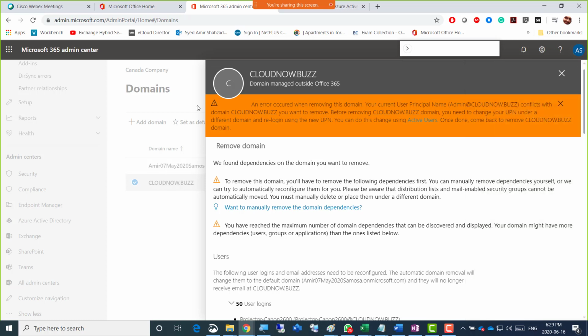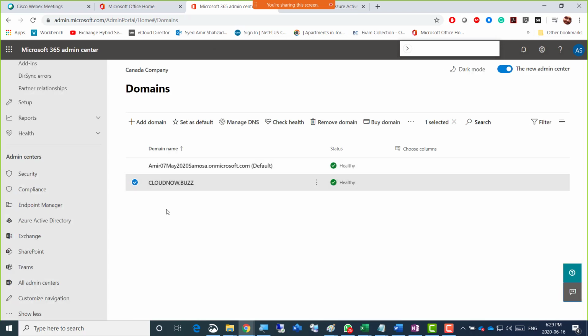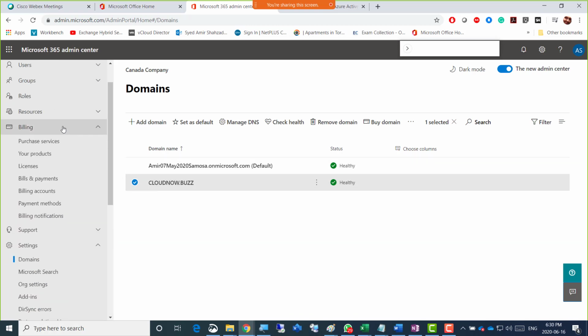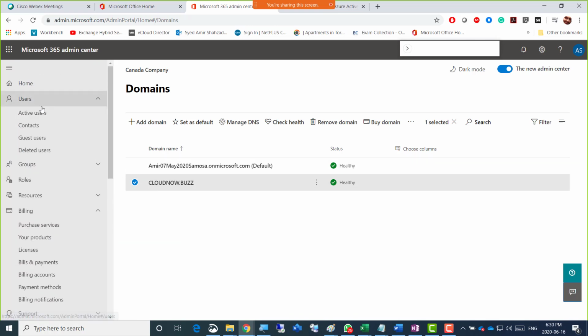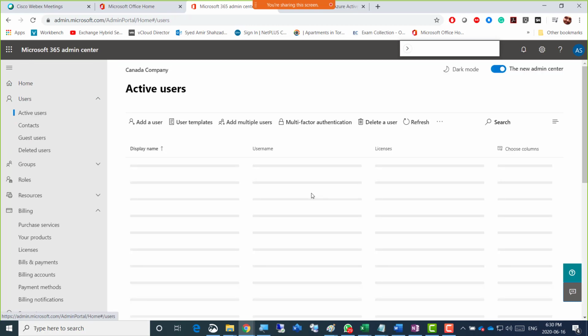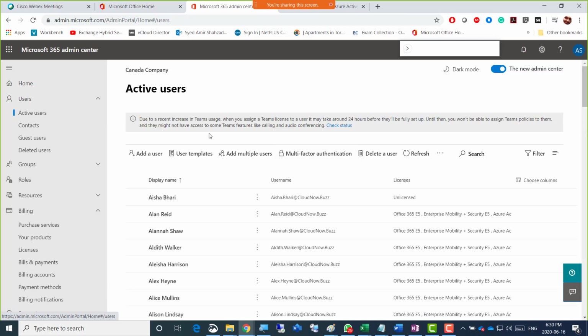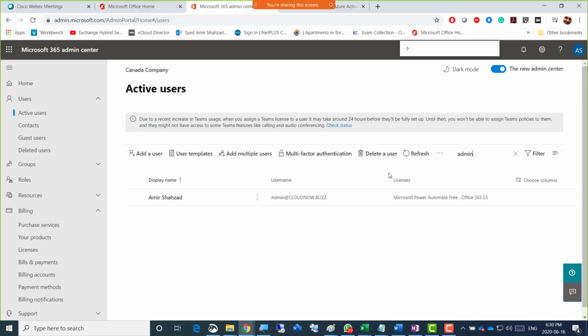And I'm just gonna have to go to active users and remove that. Can I remove it for myself while I'm logged in? So if I just go to active users here, and go for admin. So admin, there you go, and click.